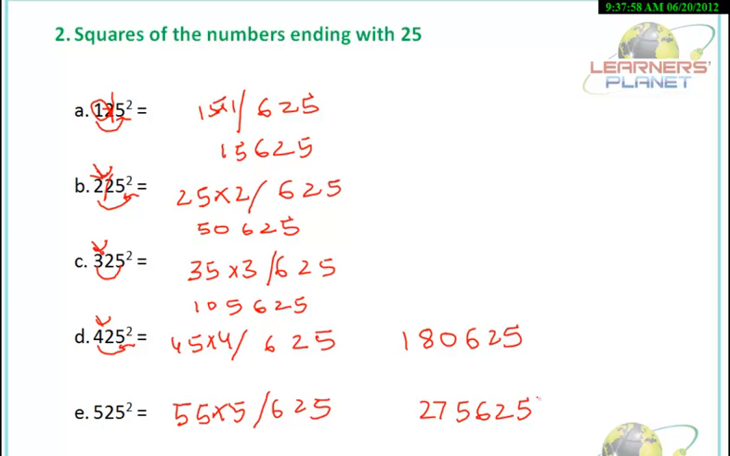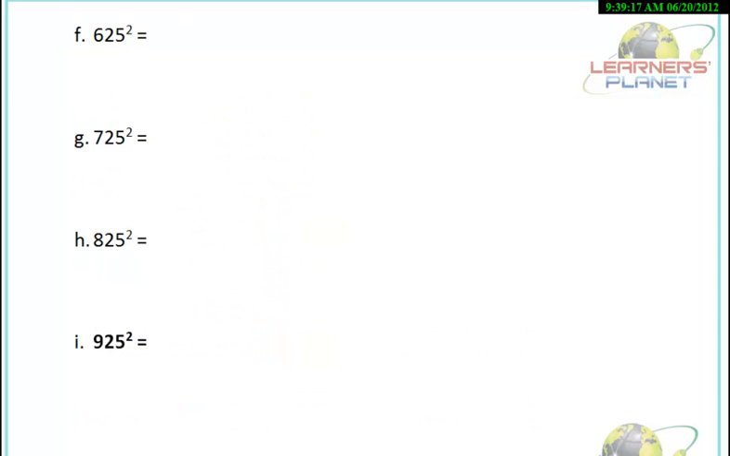Let's take more examples. Now, what will 625 square be? Similarly, it's 625 and 65 into 6. You can calculate it on your own. What will the final answer be? 390625. Okay. Similarly, 725 square,